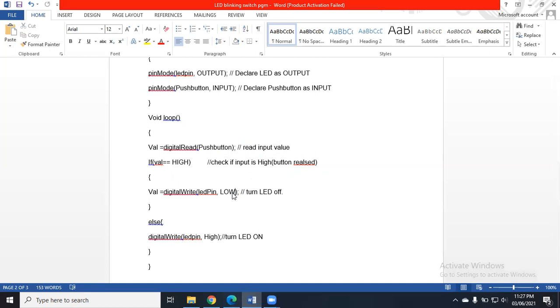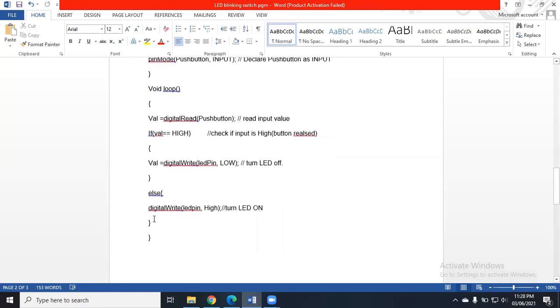So the thing is that whenever we receive data from the push button, our LED should act according to that data. Now here, the data of the push button is high. If the data of the push button is stored in the val variable, and the value of this val variable is equal to high, my LED should be off. And how to write LED off? We are going to write the data on which pin? LED pin, correct? And what is the data? Comma low. Low is the data. That means the LED will be turned off, right? If val is equal to high, you have to write this.